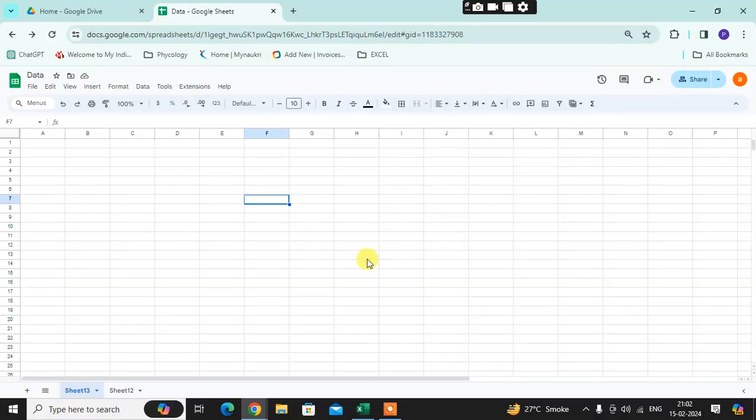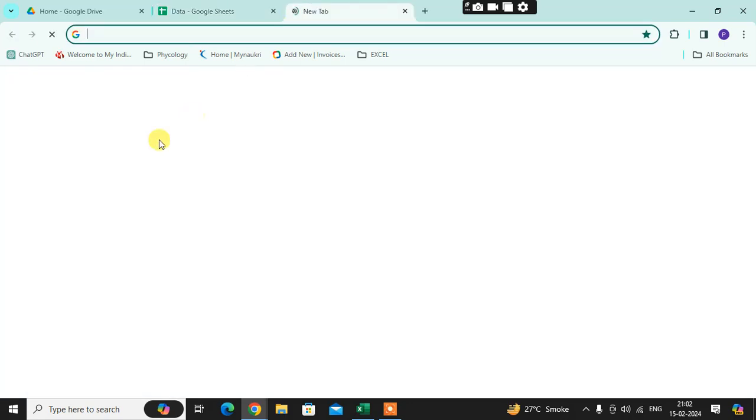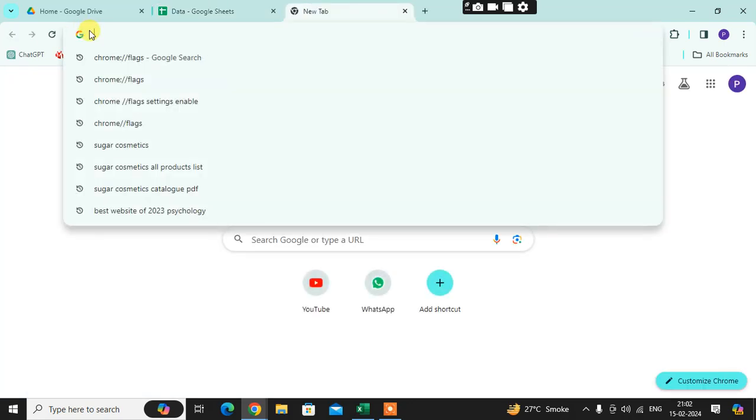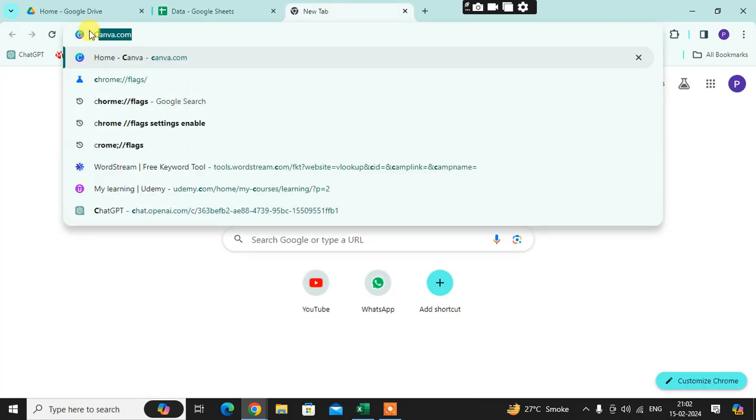In this video, we will learn how to enable dark mode in Google Sheet. So let's start. This is my Google Sheet. If you want dark mode in Google Sheet, just add a new tab and write chrome